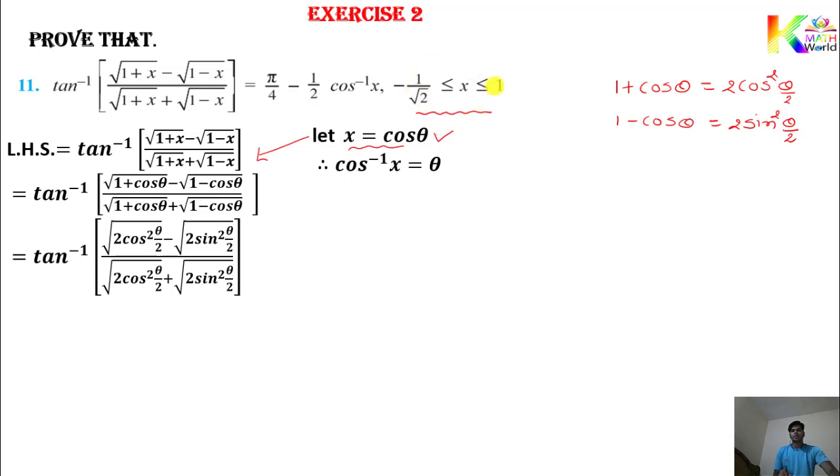We will discuss this condition at last, because there is no need to check the condition in the exam. That is just for your knowledge. So right now we will consider the positive root. So 2 cancels out, square and root cancel out, and you get cos theta by 2. Same way here, square and root cancel out, so you get sin theta by 2. Same way for the denominator, cos theta by 2 plus sin theta by 2.